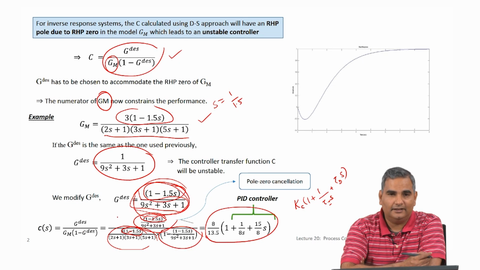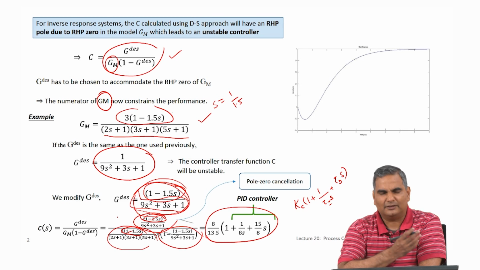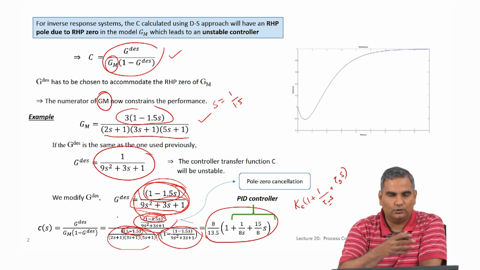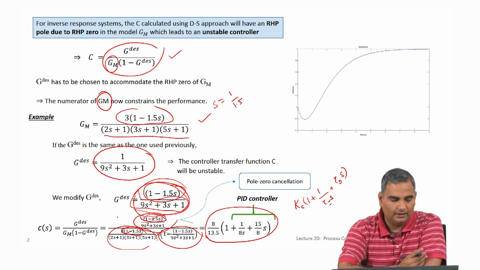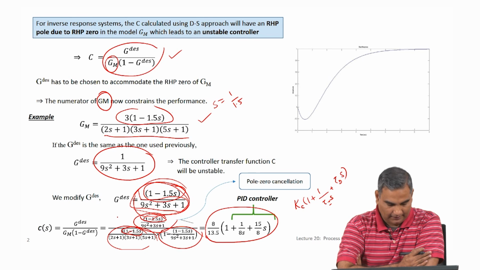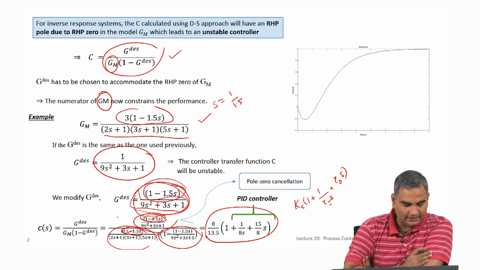So, traditionally, people have been using PID controllers for inverse response systems, and you kind of ask, why does it work reasonably well? And here is the math that shows why it works reasonably well, if you are ready to give up a little bit on the performance that you require out of these systems.